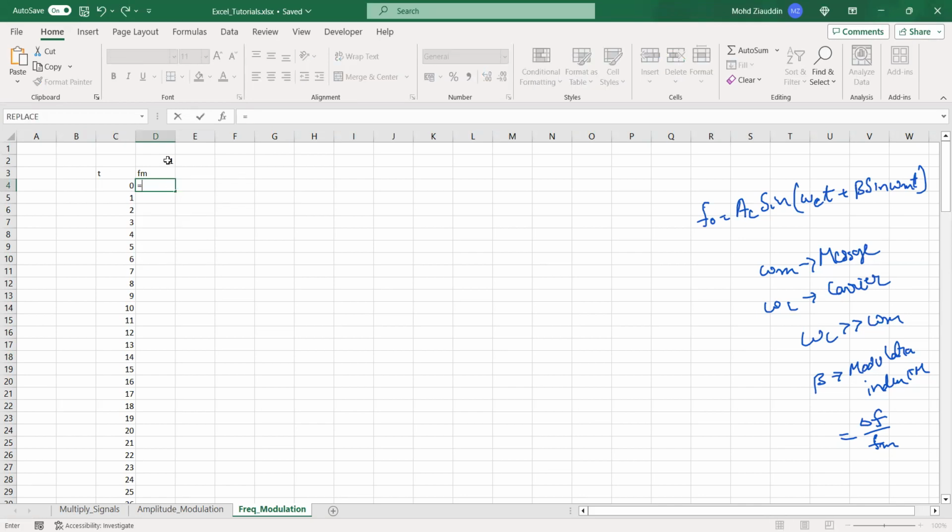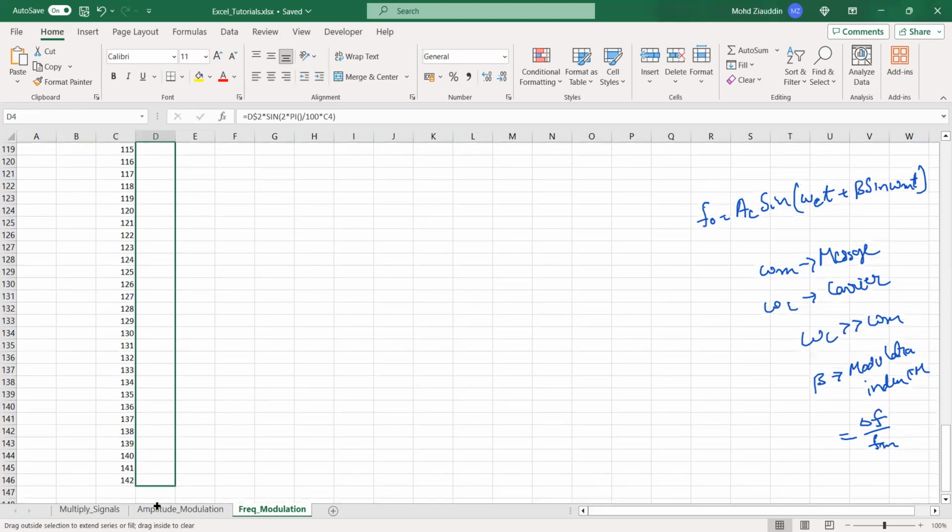Okay, amplitude. No, I have to take amplitude. So I'm not going to change the row. So dollar there into sine of 2 into pi divided by, let us say, 100 into t. So into this time period here,